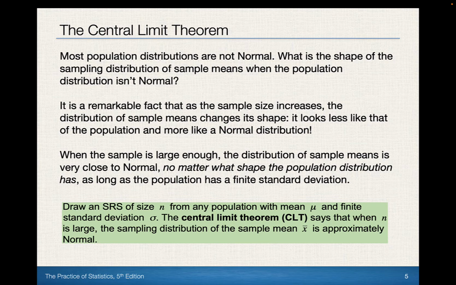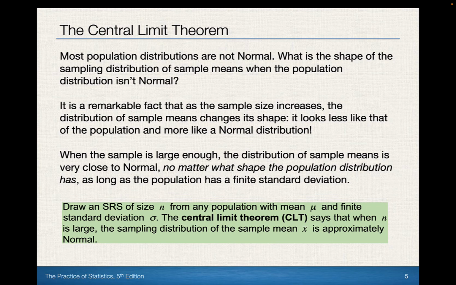But the idea is no matter what the population looks like, so long as we select a significant sample size, and I've already alluded to the idea that 30 is going to be that magic number, then we can assume that the sampling distribution itself will be approximately normal too. I do want to come back to this original statement that the sampling distribution is in no way supposed to replicate the shape of the population. However, in the case where it's normal, it will. But in non-normal cases, so long as the sample size is large enough, we will get a normally distributed sampling